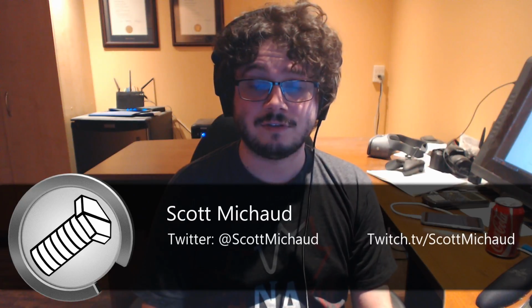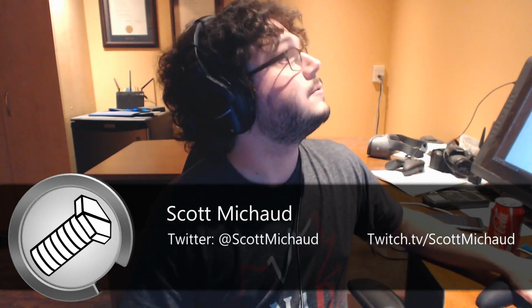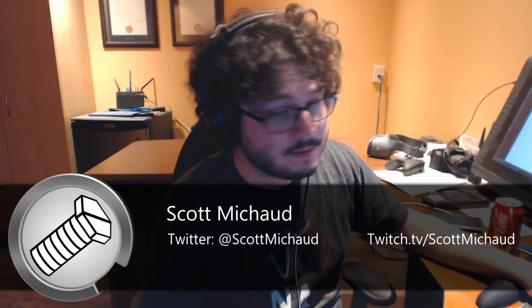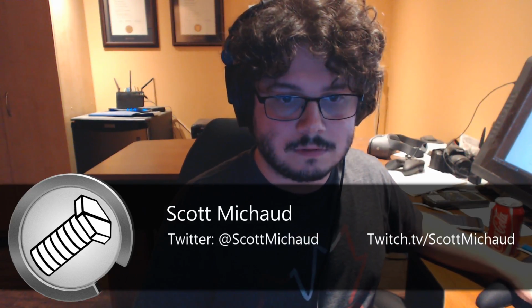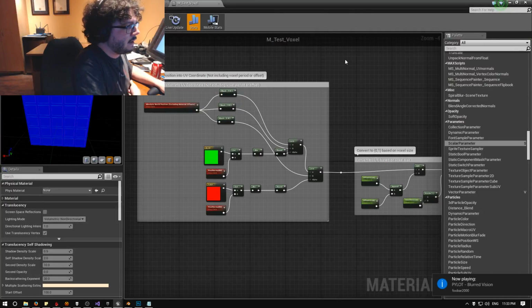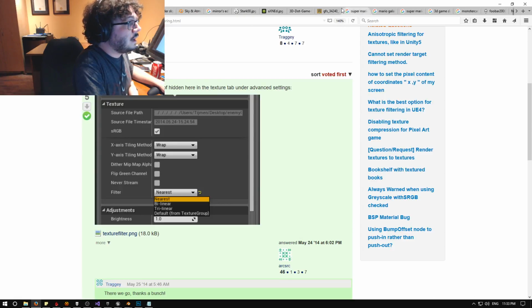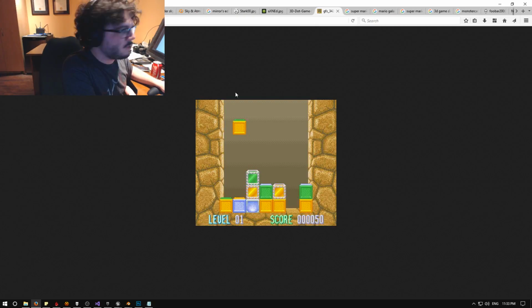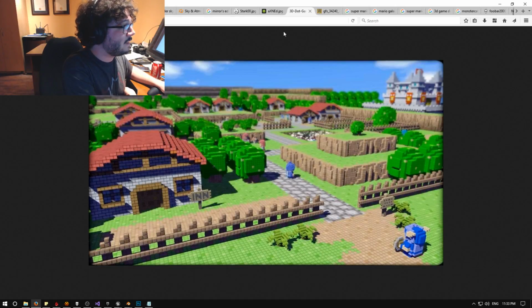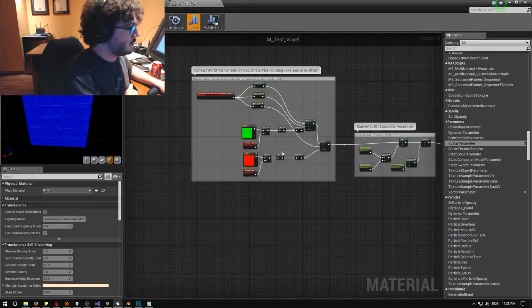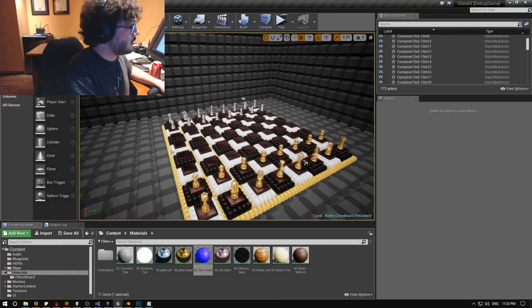Now we just need to apply it to a material to make it look cool. Oh, I missed Unreal Engine hosting me actually about 20 minutes ago. So if you're just joining us, we are making a kind of a voxelized material. Sort of. More like this from Super Scope 6 to make our environment look kind of like this with this kind of backdrop to go with our current system here,